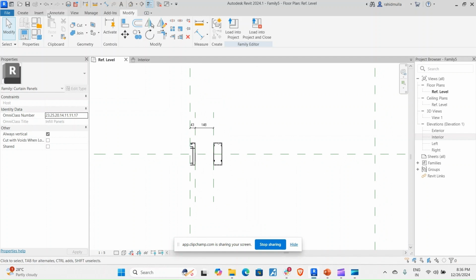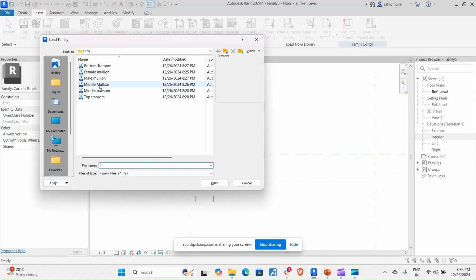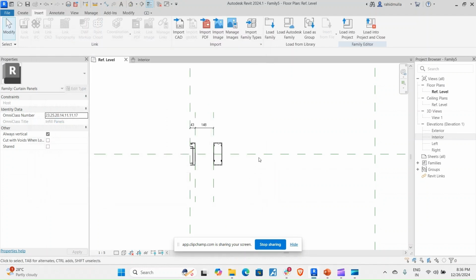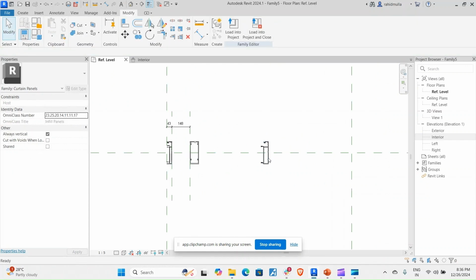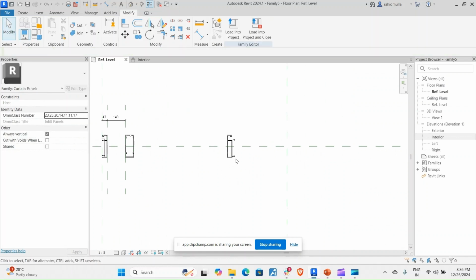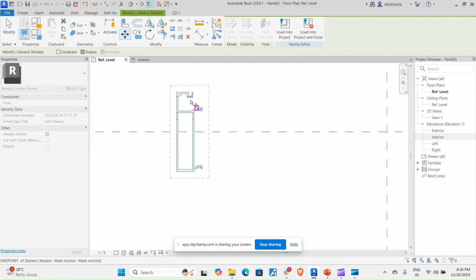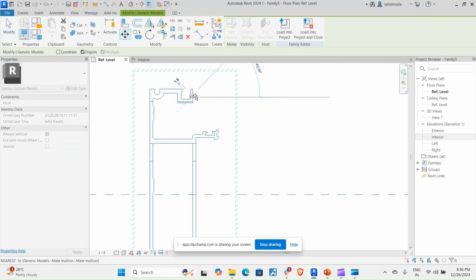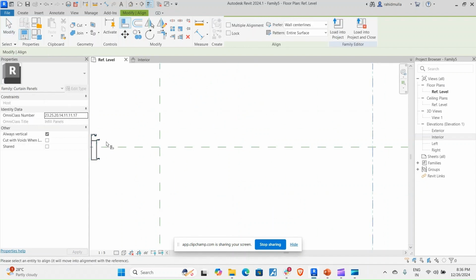Again I have to load another component, and the other component is here, which is the male mullion. So this is how it will be loaded. I have to mirror this. So yes, I will move this, and let me align this to the right reference plane here. Okay,